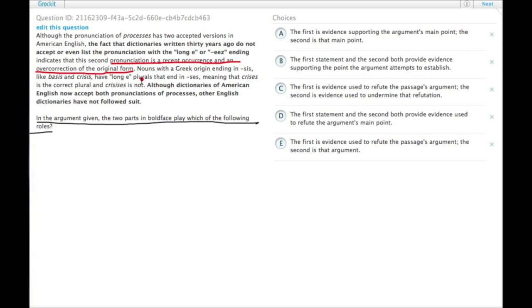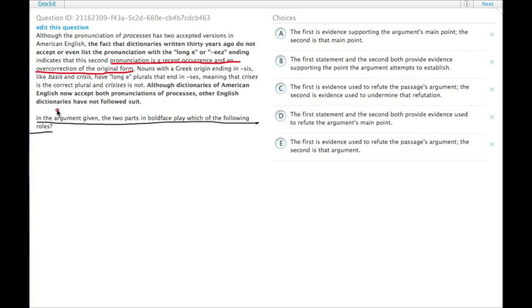Nouns with a Greek origin ending in SIS, like basis or crisis, have long E plurals that end in SES, meaning that crises is the correct plural and crisis is not. Okay, that's not underlined. Last one: although dictionaries of American English now accept both pronunciations of the word processes,